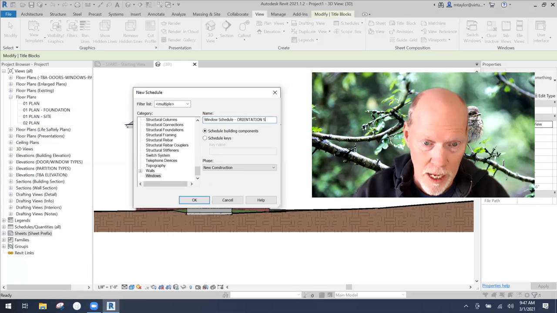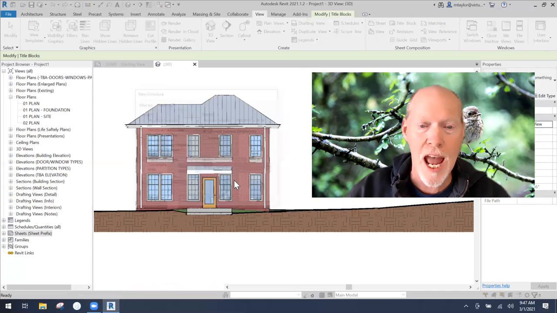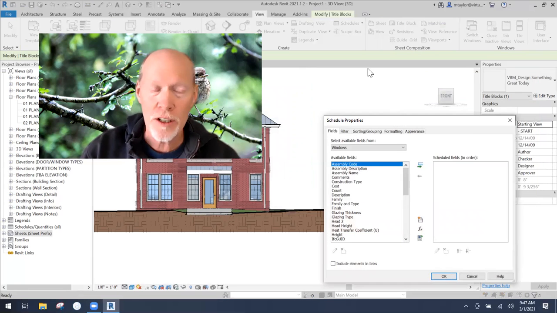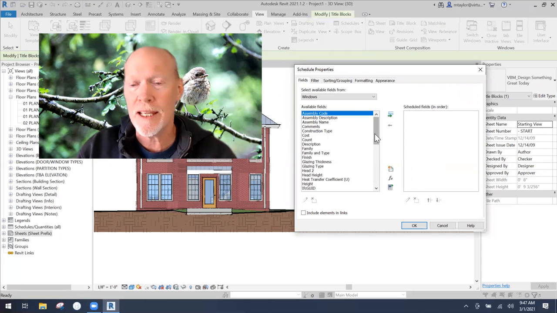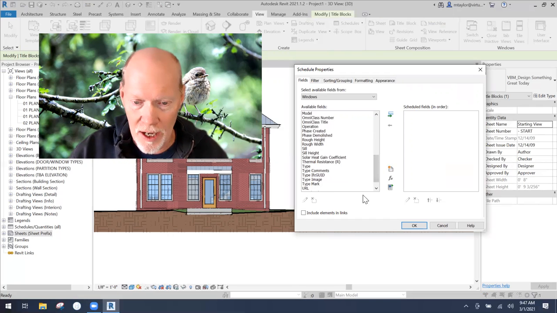Orientation SF. That stands for square footage. Okay. Orientation square footage. And I say, okay. And then it puts it over here. So I have to move my face again. So here we go. What we need is, let's just say we need the